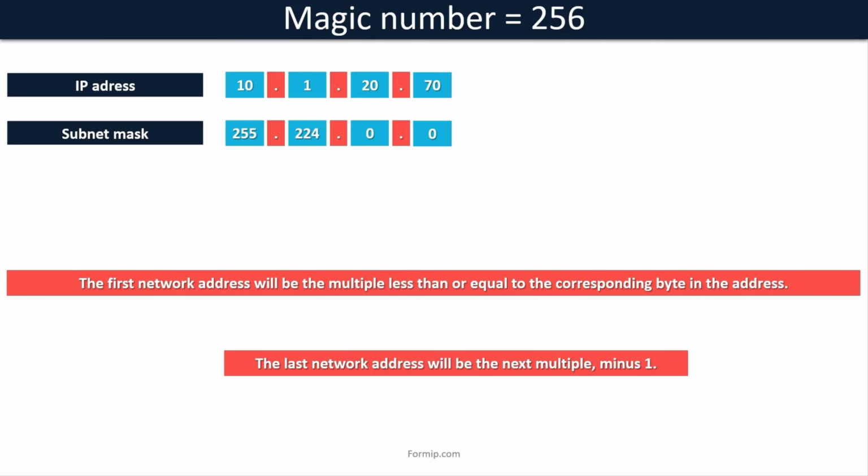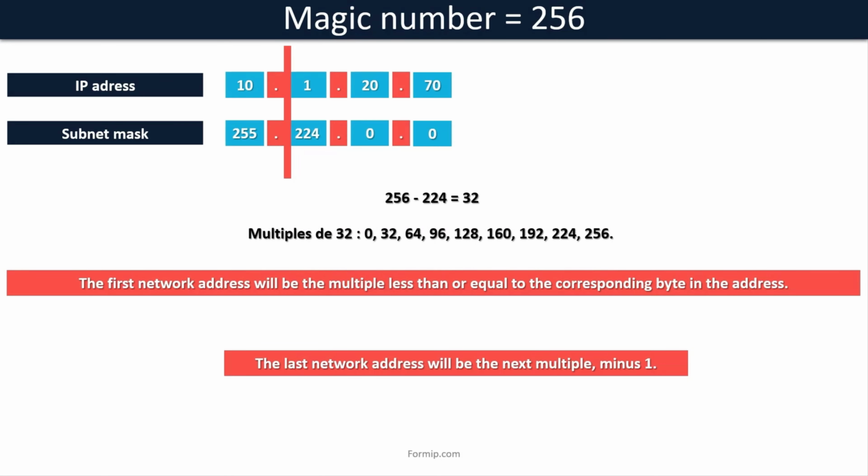The same IP, but this time with the mask 255.224.0.0. We see here that the significant byte, the one where the separation takes place, is 224, which corresponds to the second byte. We subtract 224 from our magic number, which gives us 32. The multiples of 32 are 0, 32, 64, 96, 128, 160, 192, 224, and 256. In our mask, the separation took place on the second byte. The network address is therefore the last multiple of 32 less than or equal to 20. It is the multiple 0. The network address is therefore